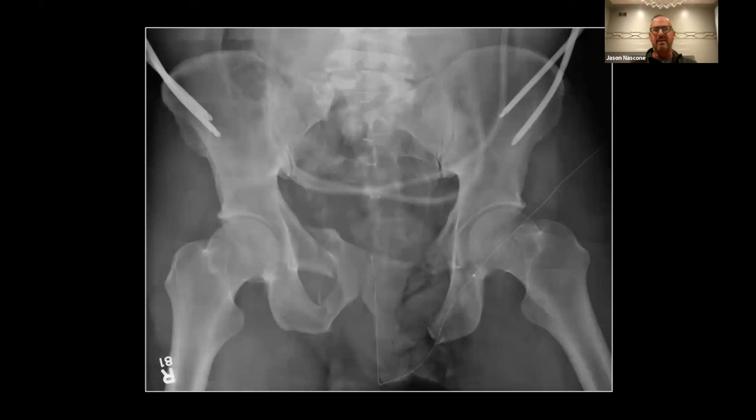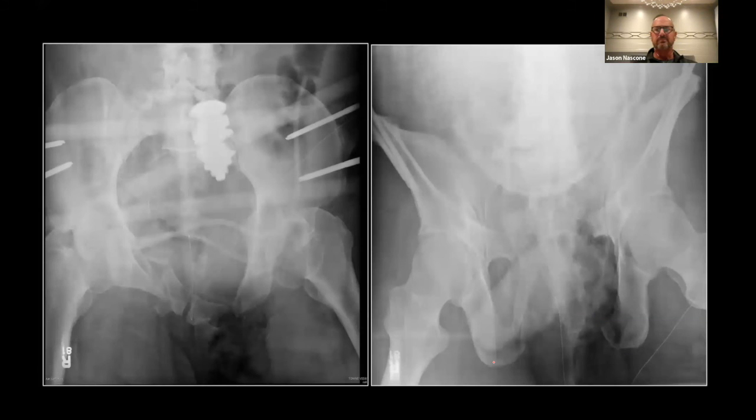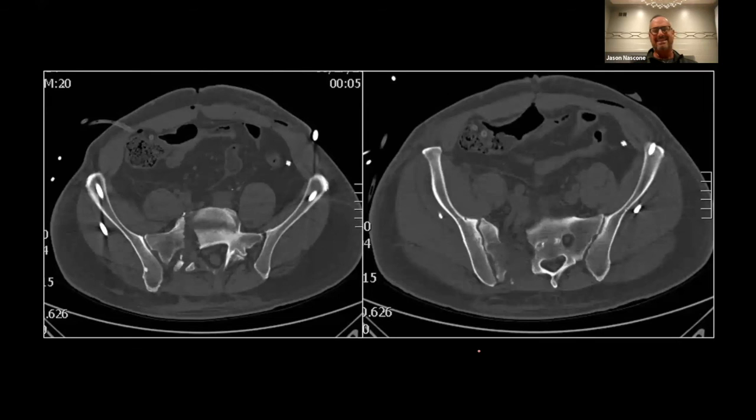And so he got an initial frame, a provisional reduction with some traction. You see he looks better as far as the height of his ilium. He's got this open stuff down here, and so this is a no-fly zone anteriorly. And this is where he sits. I think he was probably sitting there for about 4 or 5 days